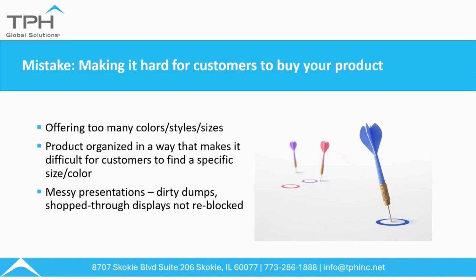So we recommend that as you're preparing your presentation to the buyer, you be mindful of how the shopper is going to engage your product, not just see your product on the floor, but are you going to make it easy for them to find the size, style, and color that they're looking for? Or is it going to be something where they have to spend time digging through a messy, dumped display, or a poorly organized one, where the thought wasn't there for the consumer to make it easy for them to find their product? So this is something that creeps up on people because even the best displays and the best organized programs can be negatively impacted by